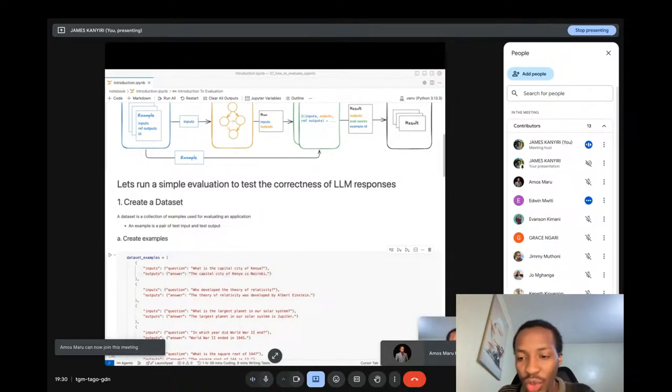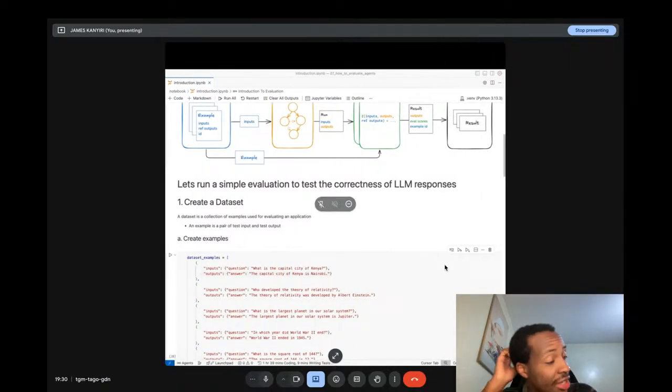So when creating the data set, you are trying to mimic, think of it like